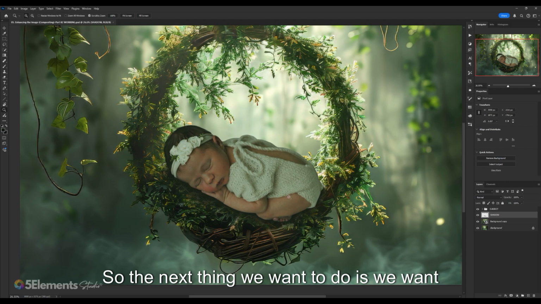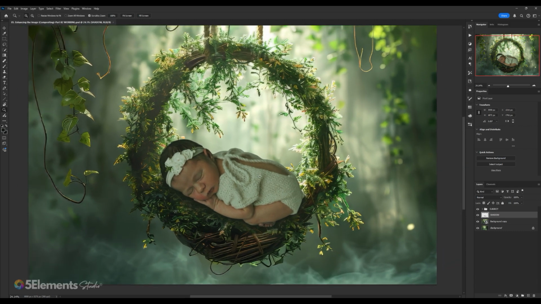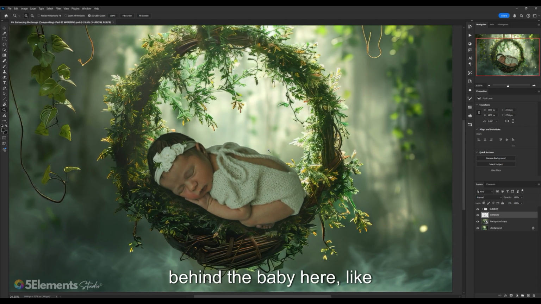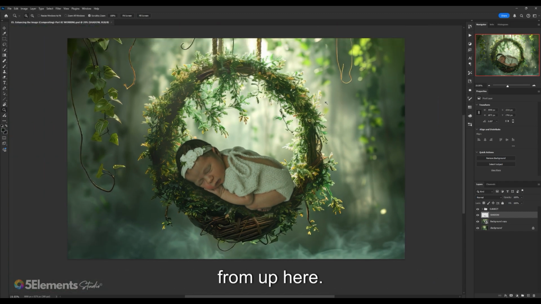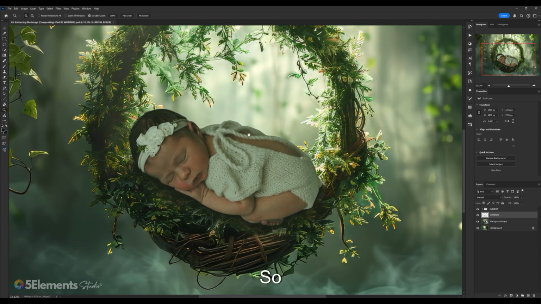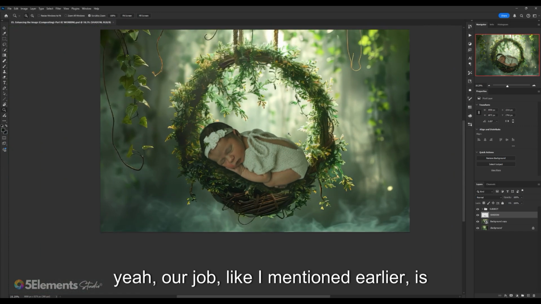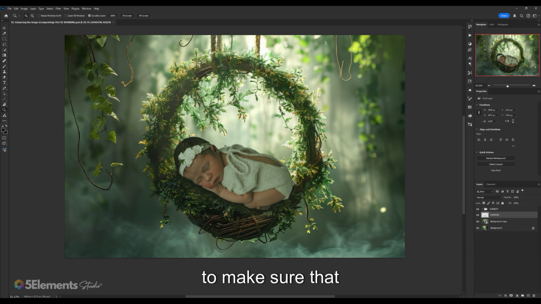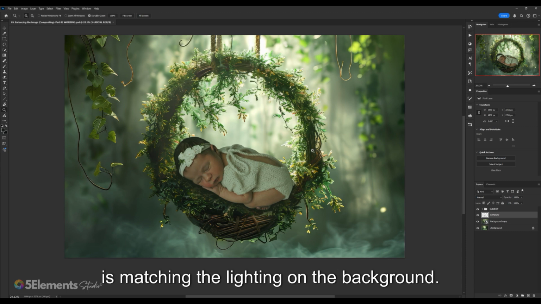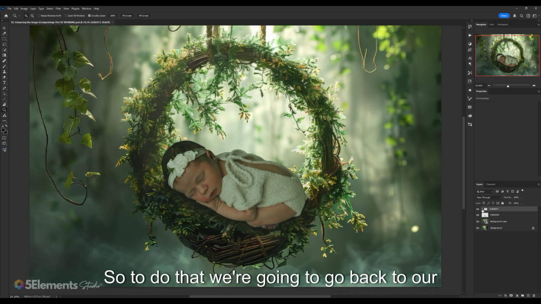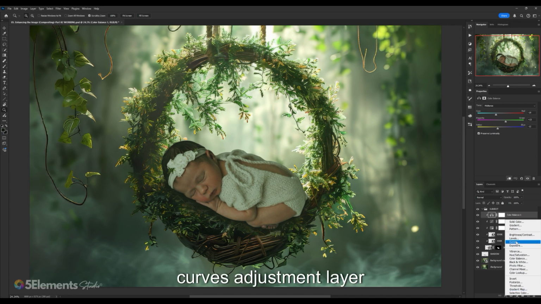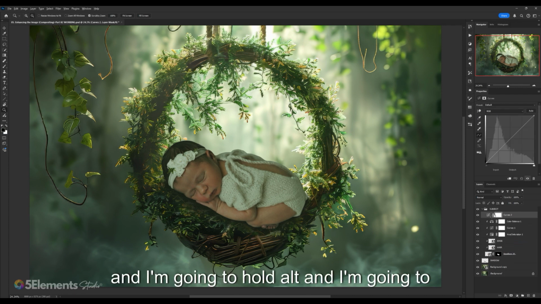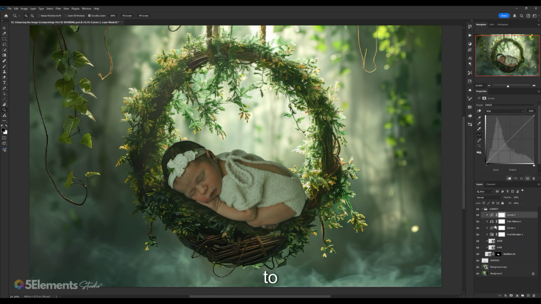So the next thing we want to do is add some more lighting behind the baby here, as though the light is actually hitting the subject from up here. Like I mentioned earlier, our job is to make sure that the lighting on the subject is matching the lighting on the background. So to do that, we're going to go back to our subject group, and on top I'm going to add another curves adjustment layer,